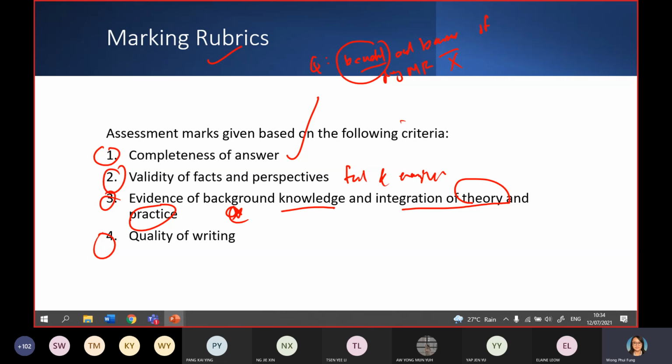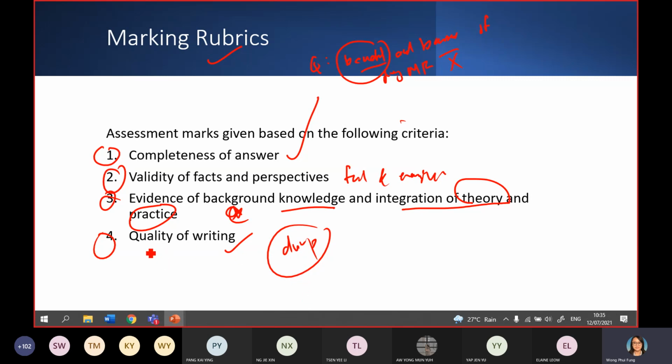Don't jump here, jump there. Like at the beginning, you talk about shares, then you jump to property. Then after that, you go back to shares, then go back to property. Ayo, I really get a headache. So that's why don't be so careless. Arrange your answer first. Think about the first paragraph, what to write, then how to write, then only proceed to the second paragraph. Don't dump your answer. Don't treat it as a rubbish bin. Dump whatever answer into the answer script.